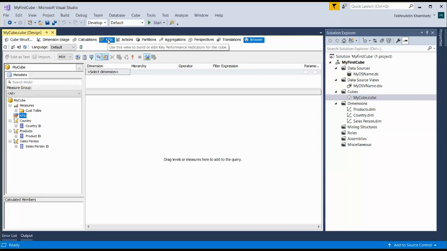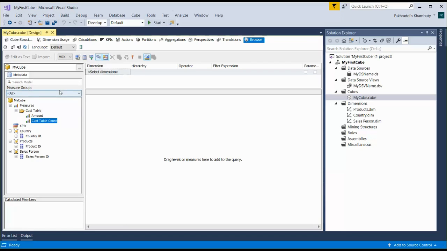When we create a KPI from this KPI tab, now what is KPI? Why do we need it? In the coming videos, forget it right now. Don't get confused. Look at what we have created. These are the dimensions that we created, and we created two measures, the amount and the cost table amount.